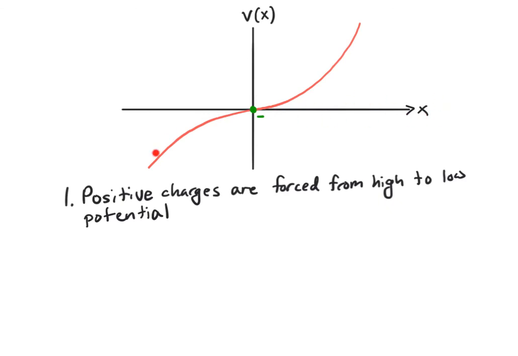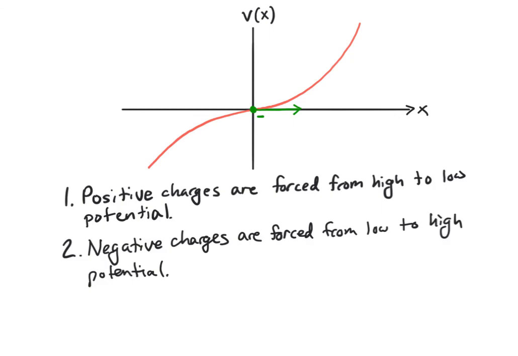Likewise, the value of the potential is negative on the negative x-axis, which means there's got to be a concentration of negative charges somewhere over here. And since negative charges are attracted to positive charges and repelled by negative charges, our negative charge is going to experience a force to the right. This gives us a corollary to that rule, which is just that negative charges are forced from low to high